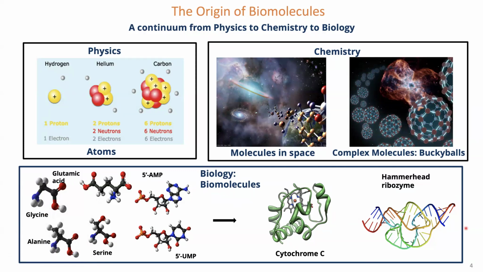You actually see that they're made up of simpler monomeric molecules, which are in the chemical realm. Zoom further into them, what you see is they are fundamentally made up of a whole bunch of atoms. So all of life molecules are made up of C, H, N, O, P, and S atoms: carbon, hydrogen, nitrogen, oxygen, phosphorus, and sulfur. Predominantly, you do have contributions coming from a lot of different kinds of metals, but that is secondary. Fundamentally speaking, organic life has all these atoms in it. So if you can think about this beautiful continuum, you can start systematically addressing the question of transition from non-life to life, from chemistry to biology.